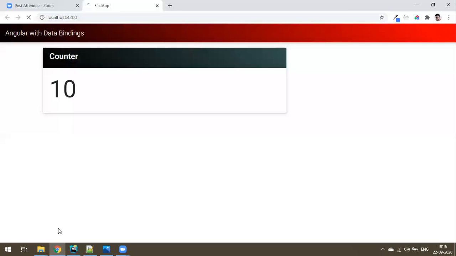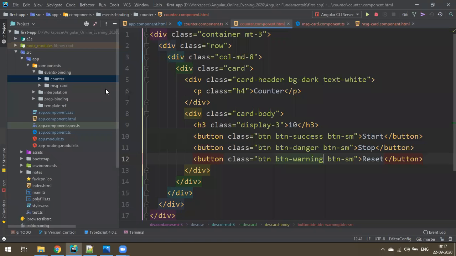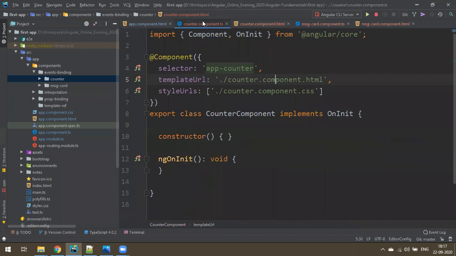So let's check. Yep, you got the design. Fine. Now, what's my plan is I want default value 0. When I click on the start button, I want to just keep on incrementing this number, and click on stop it stops wherever it was there, like 20, 30, wherever it was. Reset back to 0. Okay. So to do all this, we need to have some variable to catch hold of this data, because this number has to dynamically increment, right? So I need to catch hold of this data with a variable, and that dynamically I'll display here, bind it. So let me go to TS file.